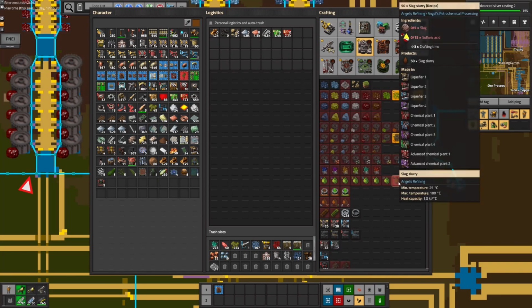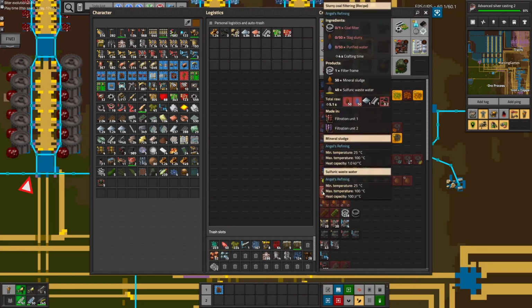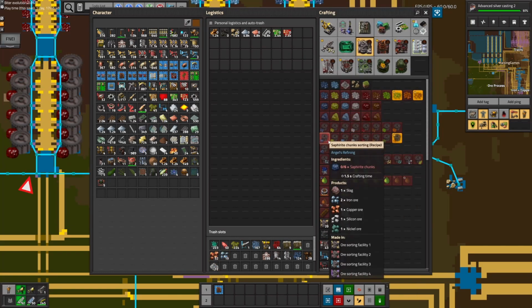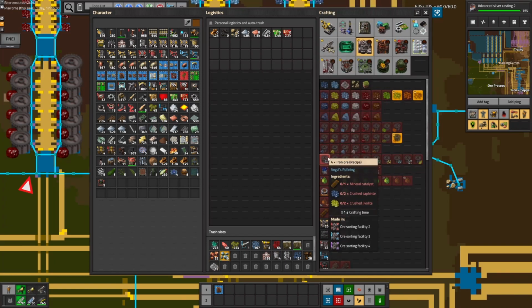You're spending a little bit more resources. You're spending energy. You're spending sulfuric acid to get the slag slurry, and then to get the slag slurry into mineral sludge, you have to spend a little bit of purified water, but that's basically an infinite resource, because of the water bore pumps and whatnot, and the coal filter only uses a little bit of coal. So you're really just spending a little bit of coal. You're not gaining any additional resources from this, right? You're not getting 8 iron and it's more efficient. You're just making it so that way you